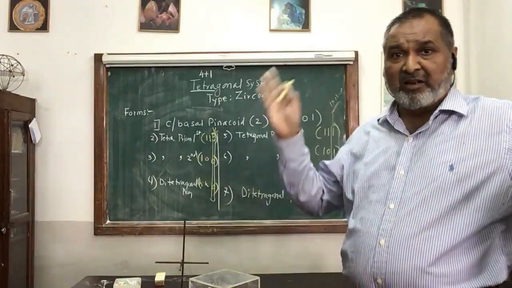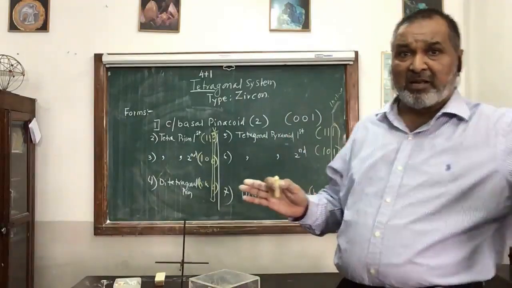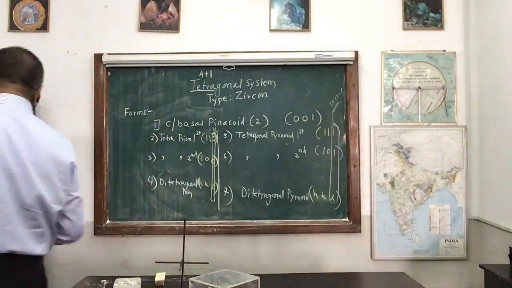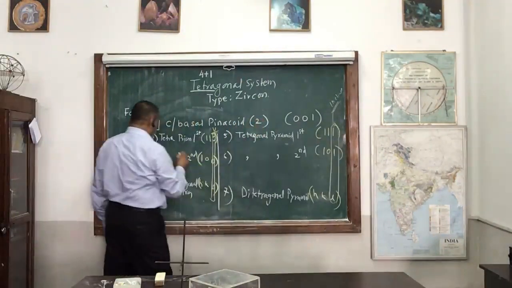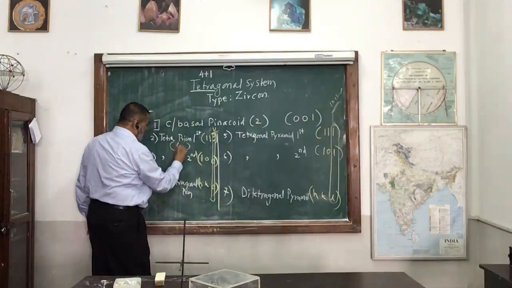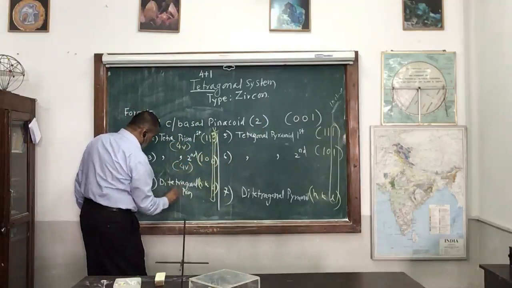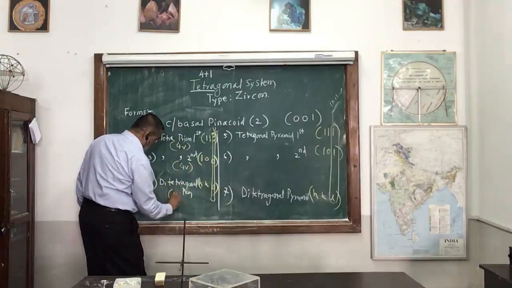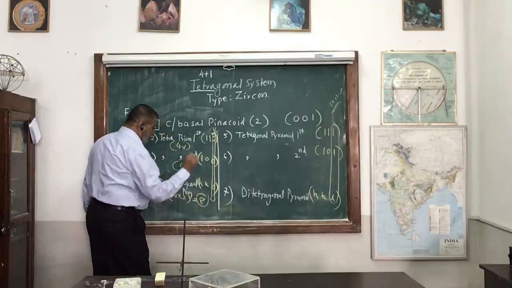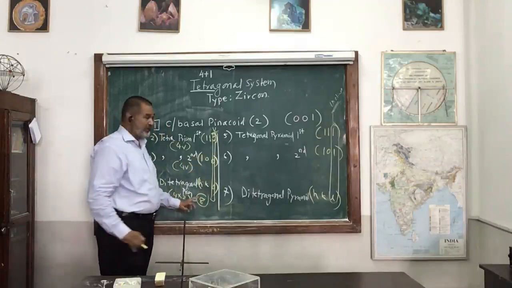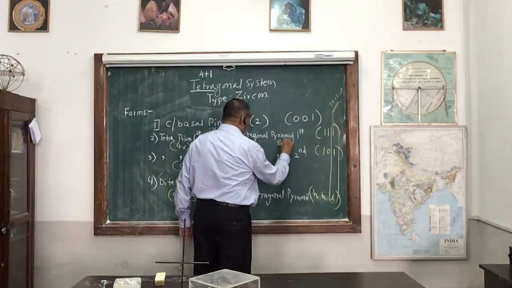Pyramid 8 faces. Tetragonal prism 4 vertical faces. Remember, this is common sense. If you don't remember every time, you can write it down, so you will get the practice. Pinacoid contains 2 faces, whereas tetragonal prism has 4 vertical faces. Second order is also 4 vertical faces, whereas in the di it is 4 into 2, so it will be 8 vertical faces. Whereas the tetragonal pyramid is 8 inclined faces.